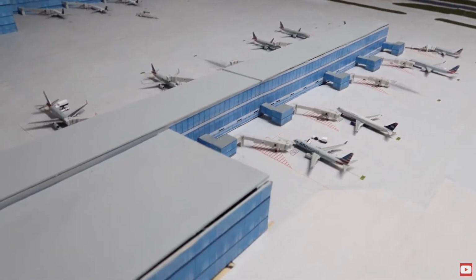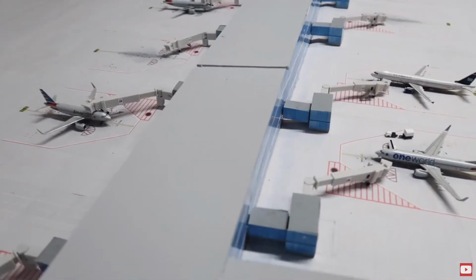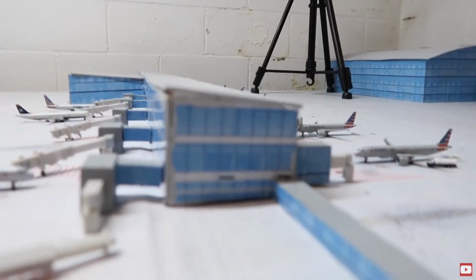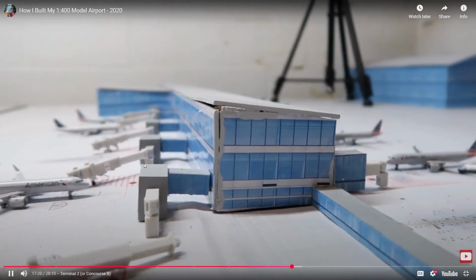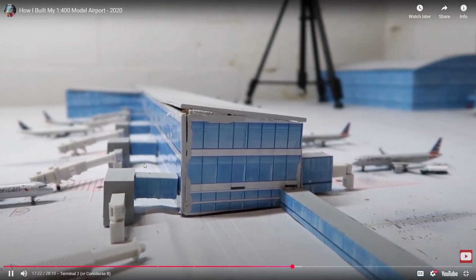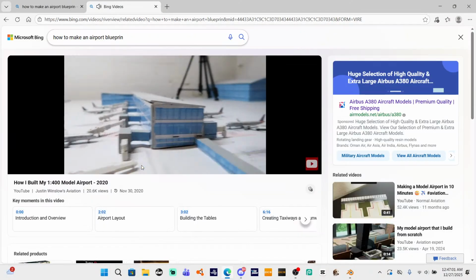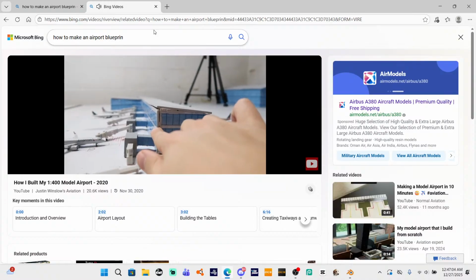But if you look at this terminal, I don't know if you can tell, but the roof is actually slanted. Here, I'll go over on that side. So this roof here, now you can tell, is slanted. And so I don't really need to explain much as far as what's underneath it, because you saw pretty much those wooden brackets that are glued together to hold up this roof. And then this is also